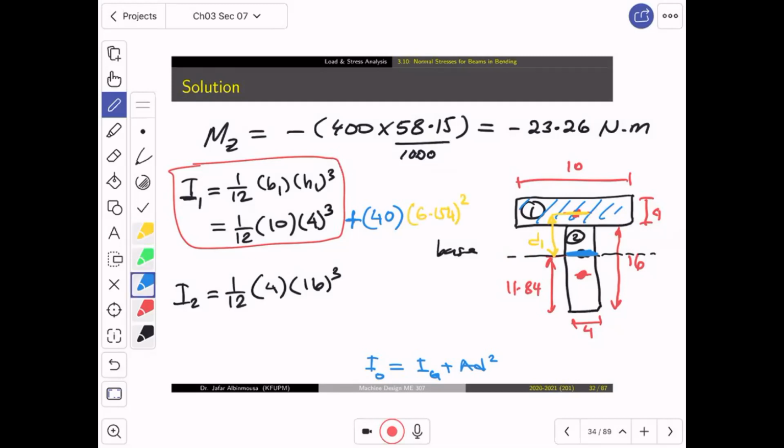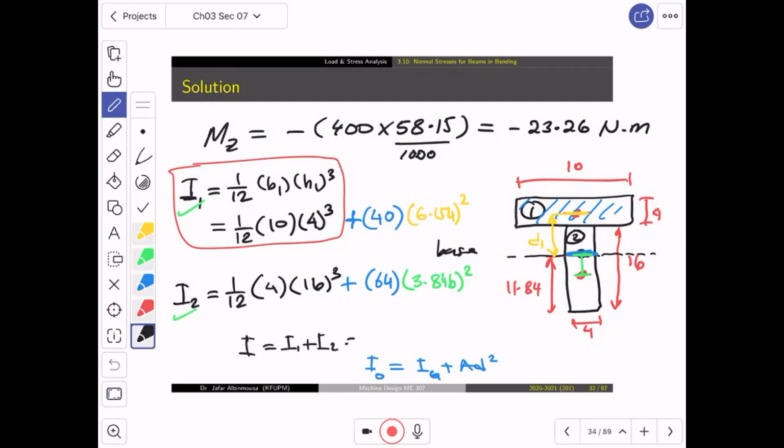Now, for the other geometry, we have an area which is 64 and a distance, I'm going to make it green, which is from here to there, which is equal to 3.846 and then square. Now, when you find I1 and I2, I, the big one, is equal to I1 plus